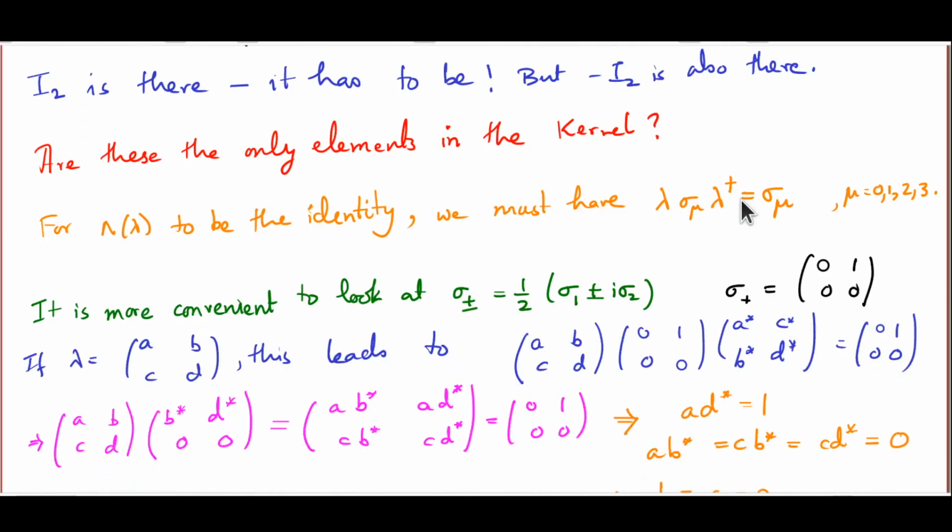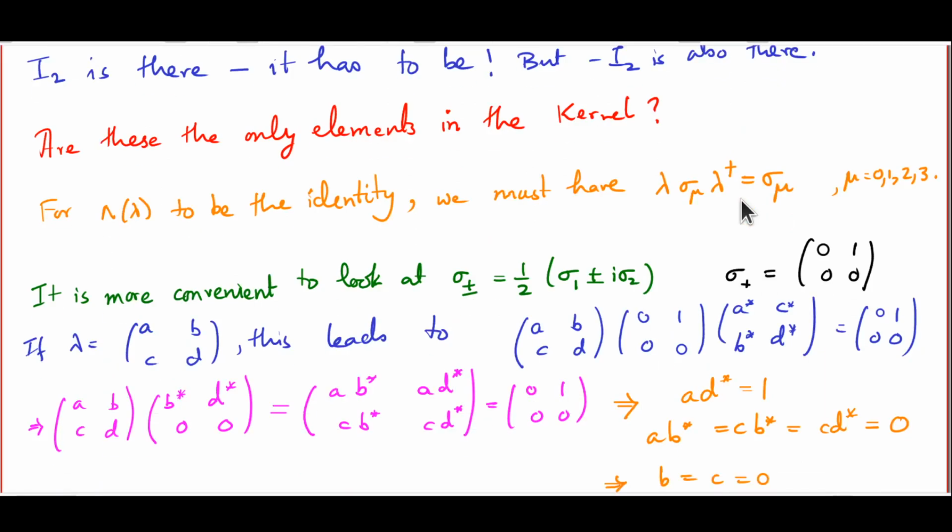Let us directly calculate the consequences of λσ₊λ† being σ₊. If we start with λ as any 2 by 2 matrix (A, B, C, D), we can of course impose the condition that AD − BC = 1 later, but for the time being, let's just start with any 4 complex numbers A, B, C and D. Now this condition, λσ₊λ† = σ₊, becomes the matrix (A, B, C, D) times the matrix (0, 1, 0, 0)